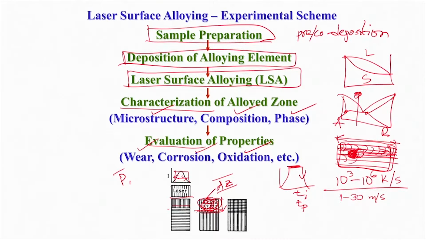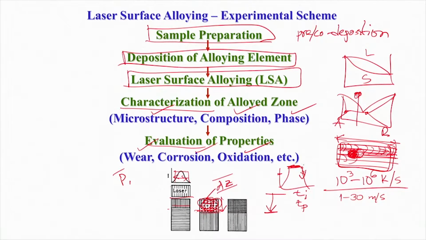So the solid liquid interface, which starts moving from the top and goes until the bottom of the alloyed zone, moves at a very fast rate. If this is the maximum temperature that you have reached and the melting temperature is somewhere here, by the time you actually cross the melting temperature, you have already achieved a very high cooling rate, and because of this very high cooling rate, whatever alloy you have formed in the liquid state will be quenched and retained in the solid state. So you tend to retain a uniform homogeneous alloyed layer until room temperature,